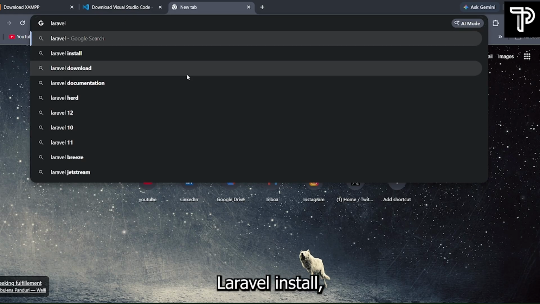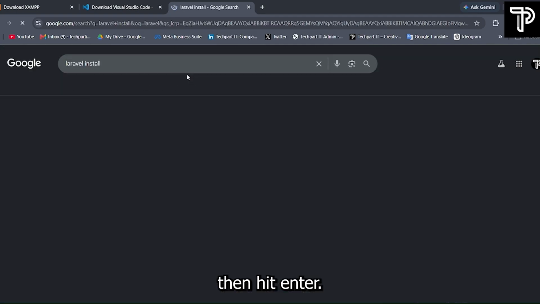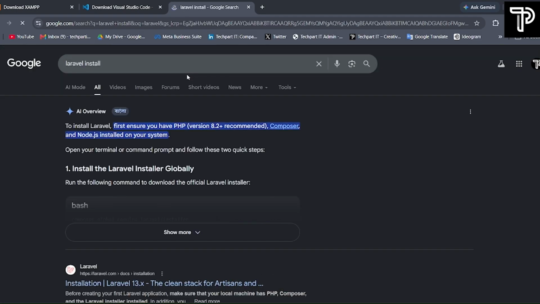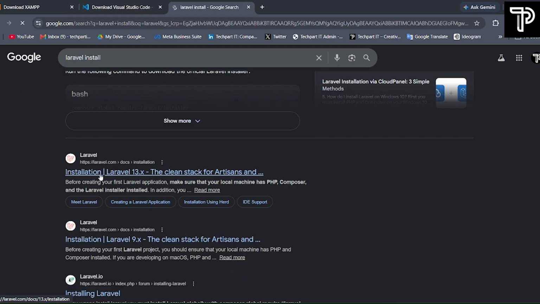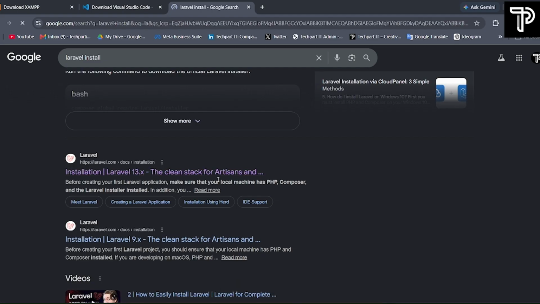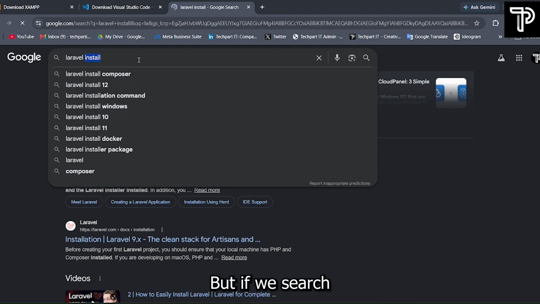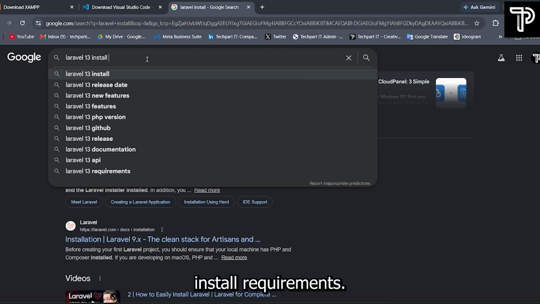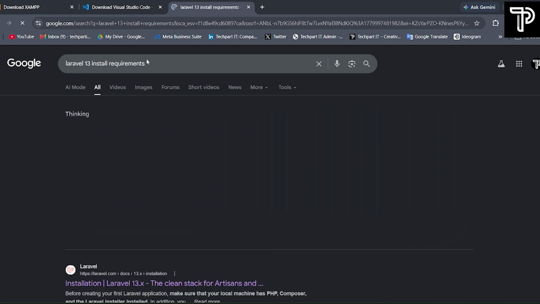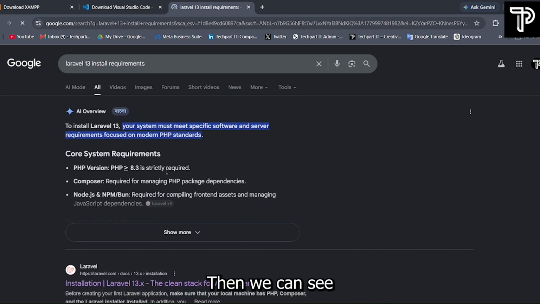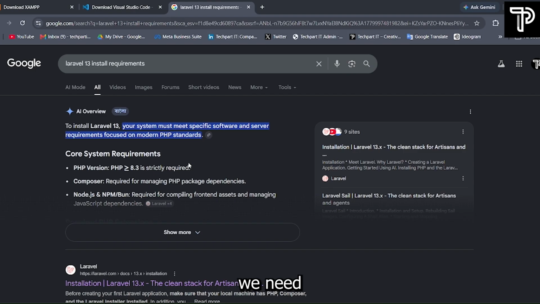We will type Laravel install, then hit enter. Now the latest version of Laravel is Laravel 13. But if we search Laravel 13 install requirements, then we can see we need PHP version minimum 8.3. So we can't use Laravel 13 because we have downloaded the